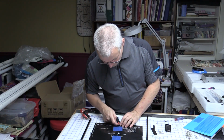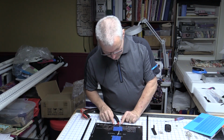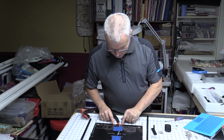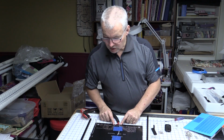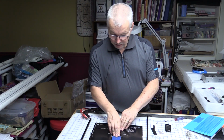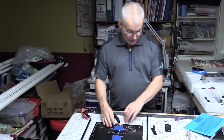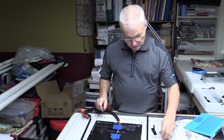There's also the components for a couple of LEDs by the look of it. This is a 12 volt only heated bed. I think the one I have downstairs has got 12 or 24. I'll have to double check it. Anyway, for this to heat up, it takes a lot of power. That's why we have a 30 amp power supply. Everything else is very limited compared to this. So anyway,